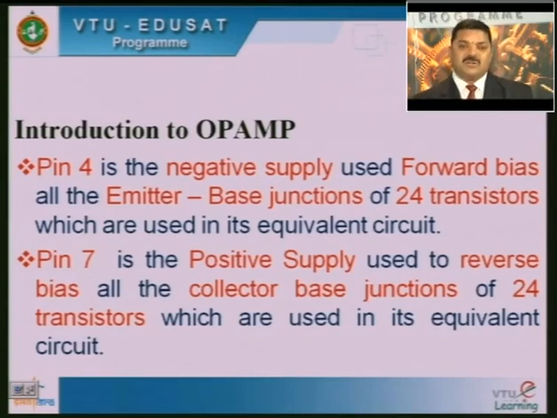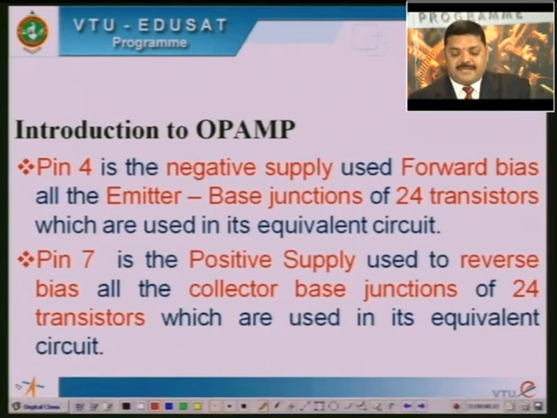As you all know, we have already studied biasing. In order to bias the transistor, we need to operate the transistor in the center of the active region, in order to get faithful amplification. So, how do we achieve the active region of operation? By using pin number 4 and pin number 7, all 24 transistors will be operated in the active region of operation. How do we do that? Pin number 4